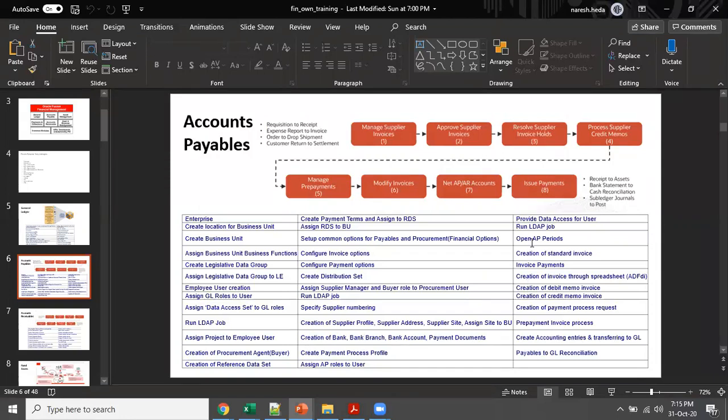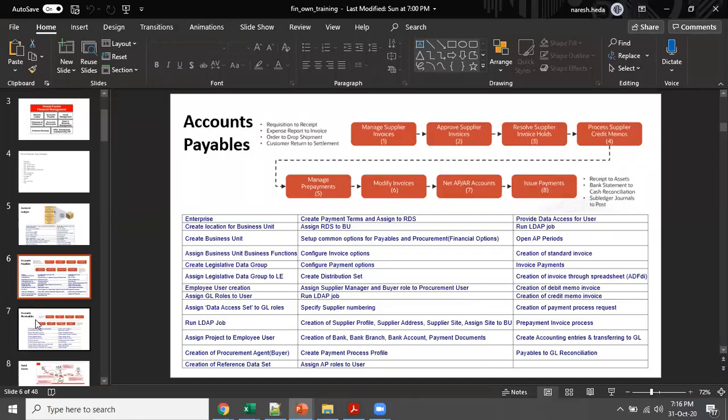And later on, once all the setups are done, we will be opening the period and creating the invoices. We will see what a debit memo and credit memo are, how those are created, how those are used while doing the payment, and how the payments are processed in the payables area. Then at last, we would be posting it to a ledger, and finally, this is something important, that is payables to GL reconciliation. Okay, so this is something we would be covering in payables.